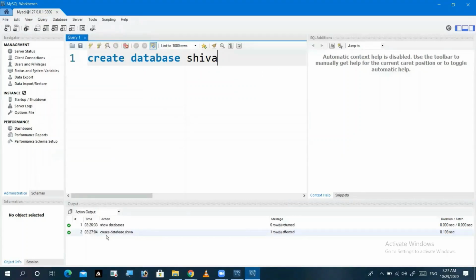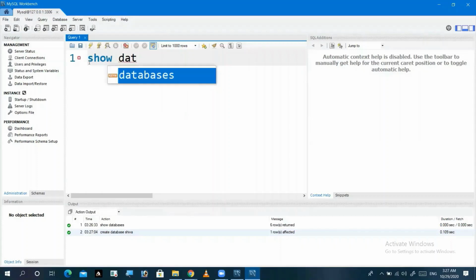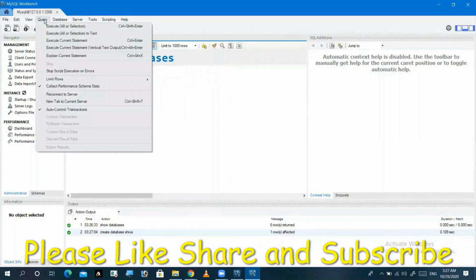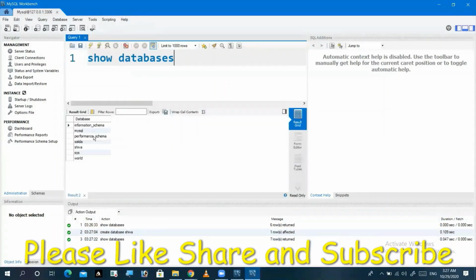Our query is run. See, our database is created. Create database Siva. Next, remove this and write show databases. Click on query and execute it. See, our database is created with the name Siva.